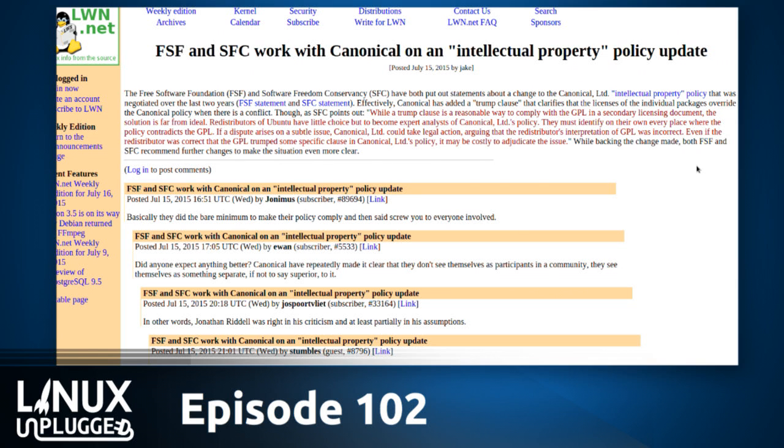Now, this could all be hypothetical. Would Canonical even do this? They're speculating. Even if the redistributor was correct that the GPL trumped some specific clauses in Canonical's policy, it may be costly to adjudicate the issue, take it to court, while backing the change made. Both the Free Software Foundation and the Software Conservancy recommend further changes to make the situation even more clear. There has been a very, very wide range of reactions to this, from elated to some folks like Jonathan from Ubuntu saying it's not enough, Benjamin saying it's a good start, it helps developers. There's a lot of different takes on this, but to me,